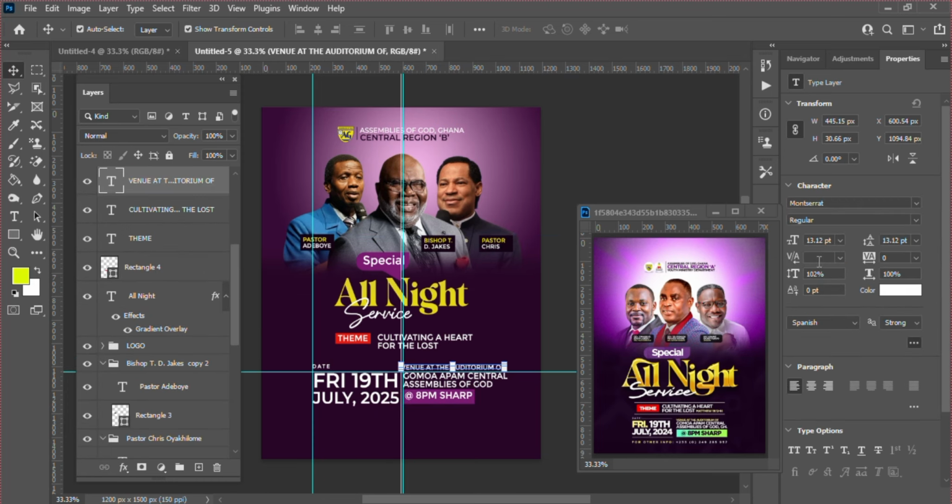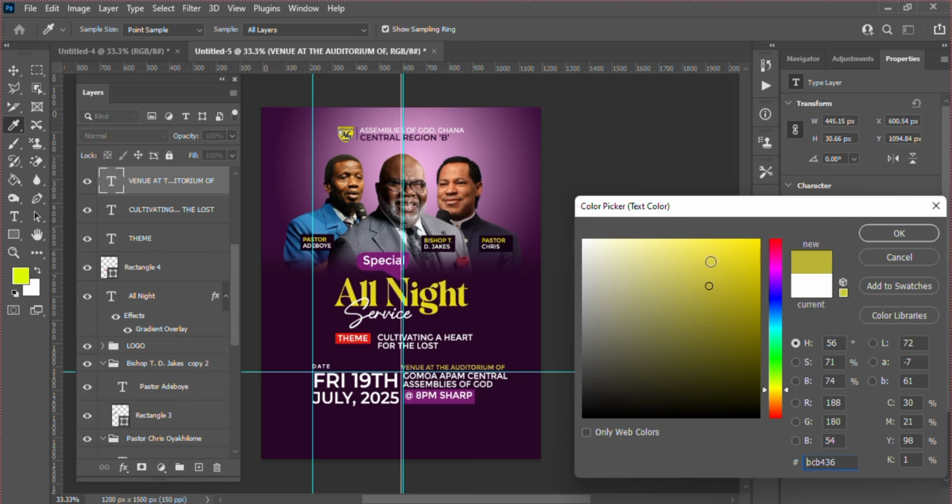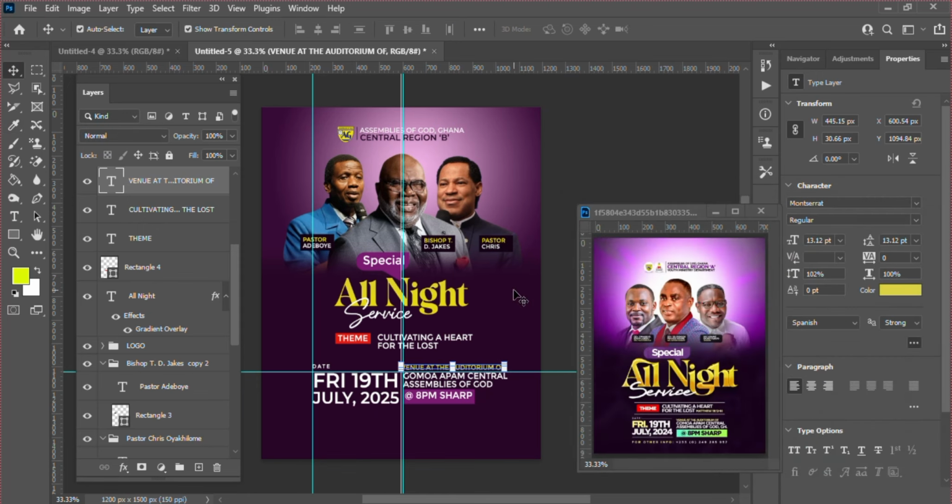So let me change the. So this time around, it's in the yellows, but then okay, this light yellow is okay. And when I'm done,